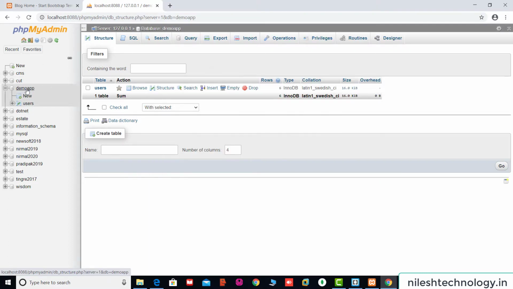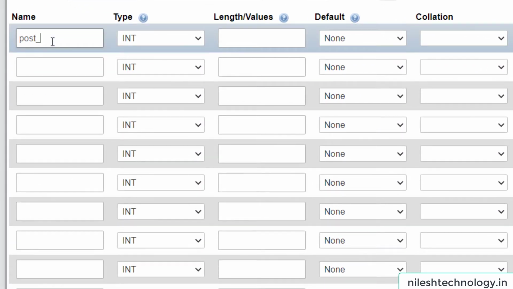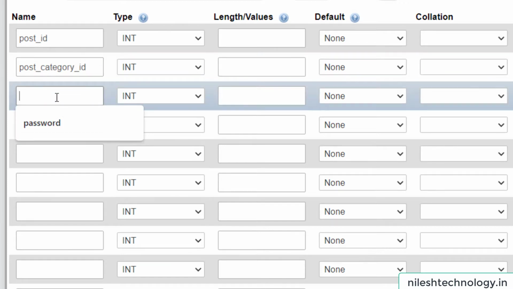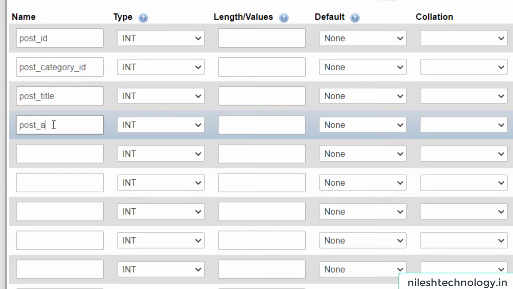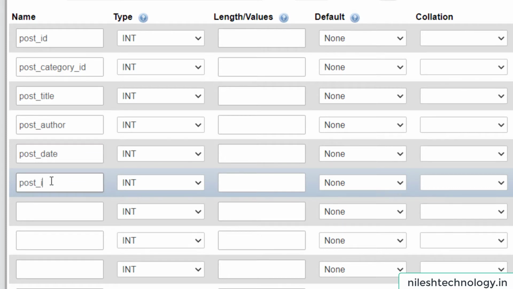So here this is your demo app database, and this is the one table, users. Now here we create a table. My table name is post, and the number of columns is 10. Go. So the first one is post_id, then post_category_id, which is the foreign key of the category table. Then post_title, then post_author, then post_date, then post_image,